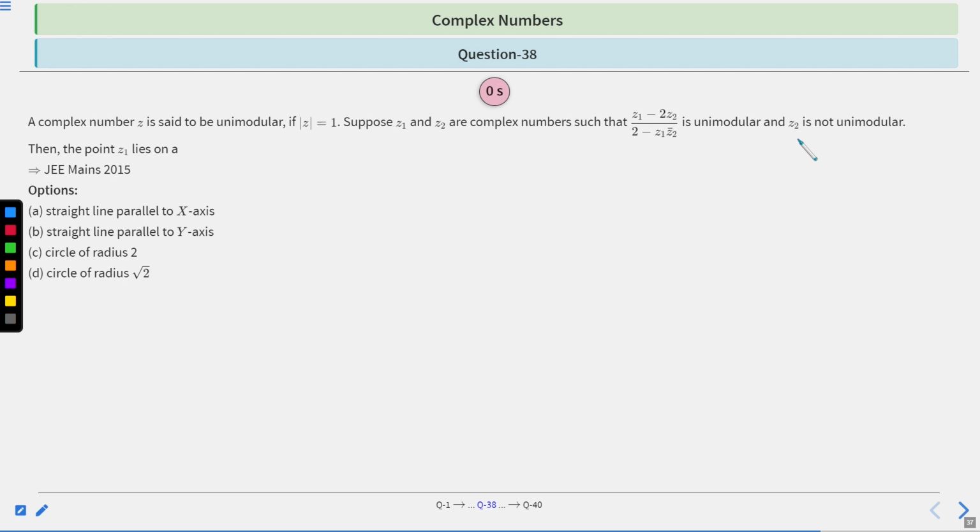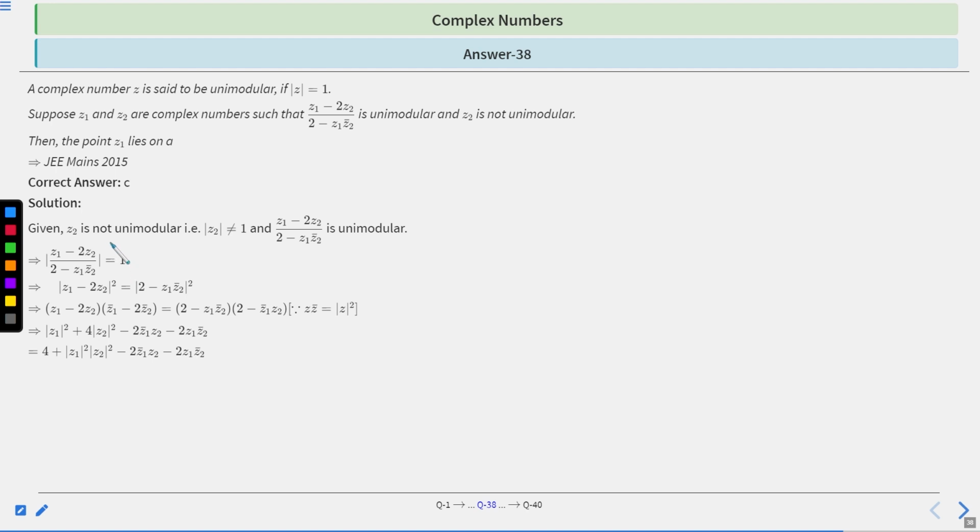So let's discuss the solution. Given z2 is not unimodular, so mod z2 is not equal to 1. So (z1 minus 2 z2) upon (2 minus z1 z2 bar) is unimodular, right? So the modulus of this is 1. By taking the square on both sides and cross multiplication, the square of this will be (z1 minus 2 z2) into (z1 bar minus 2 z2 bar), because z z bar is equal to mod z square. We all know that. So after calculating and solving, we will get